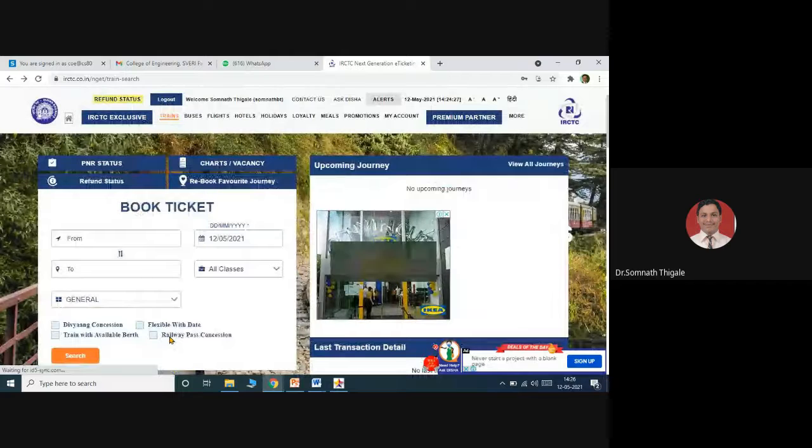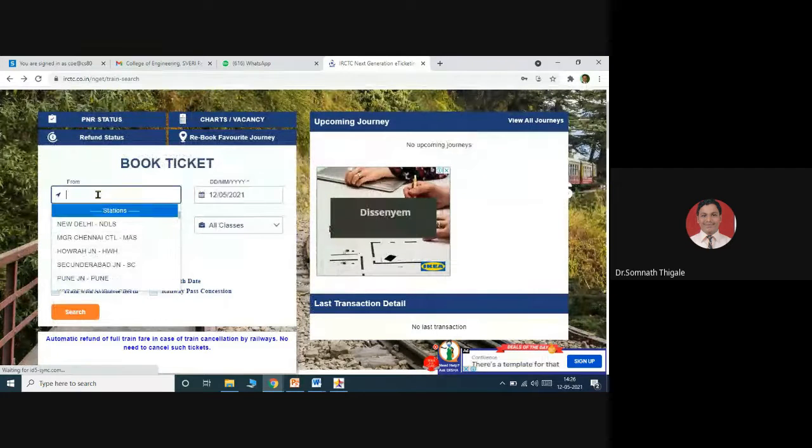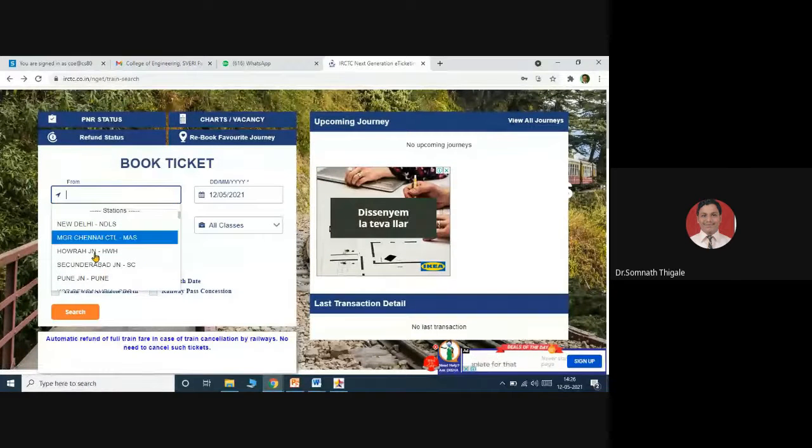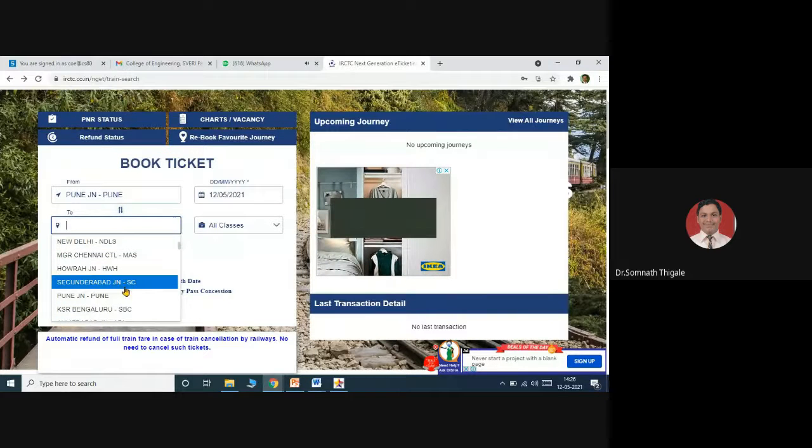Okay, my login is done successfully. Now what I need to do, I need to search my first source. So I will consider source Pune, and I am interested to travel to Hyderabad, Secunderabad.